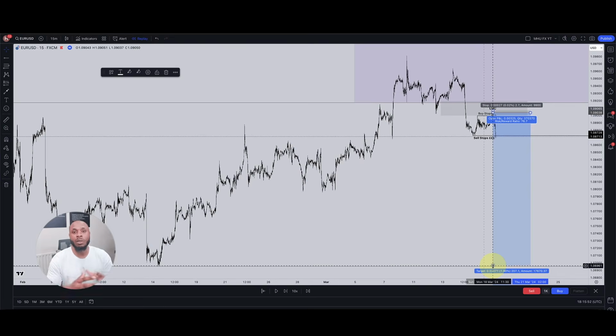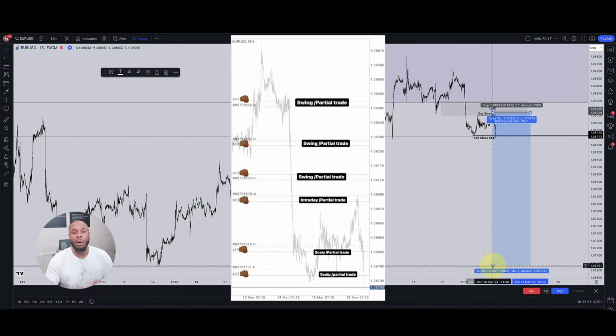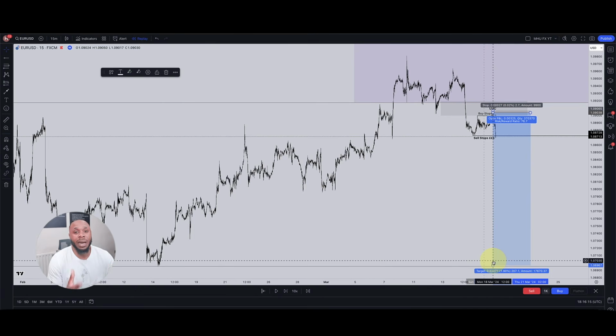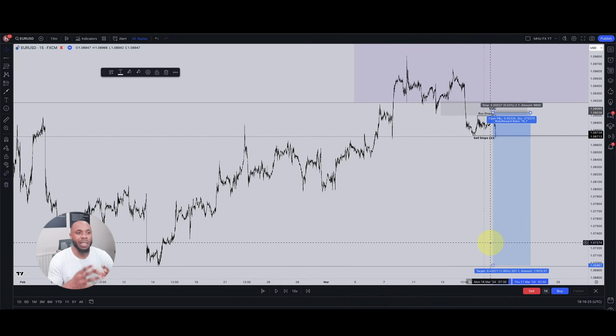So this is why sometimes you see me in multiple positions when I'm posting on Instagram. Most of those trades are partial positions. And the reason I even do stuff like this, the reason I don't hold a full position, and I know there's some people out there who talk about holding a full position for the full swing. I used to do that back in the day and it wasn't necessarily the best all the time. But guys, the reason I do that is because when I take partials, all my emotions leave the trade. All my stress leaves the trade. I'm not saying I jump in stressfully, but when I was jumping in stressfully back in the day, I'll be emotional throughout the whole trade.